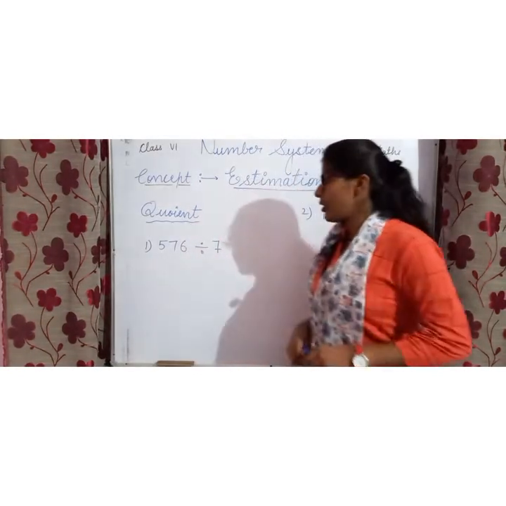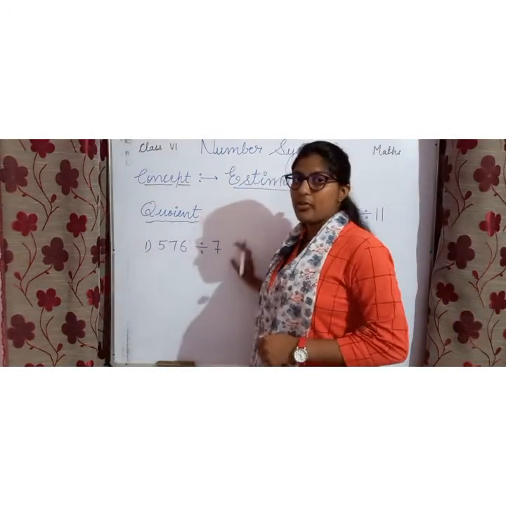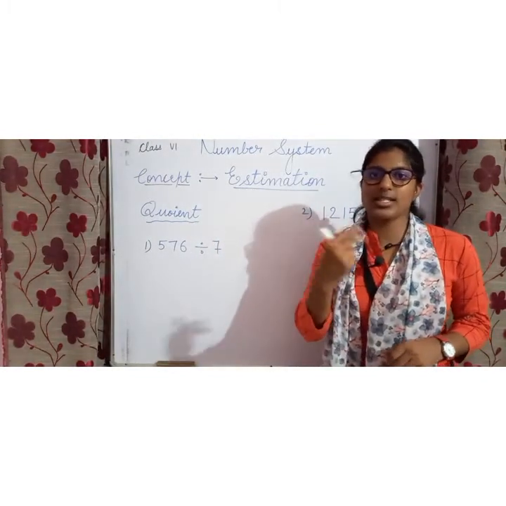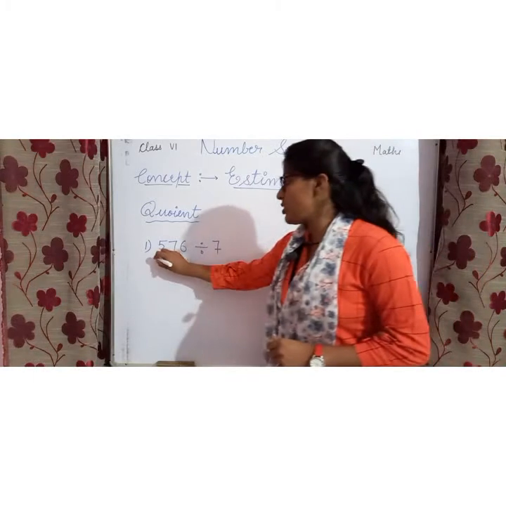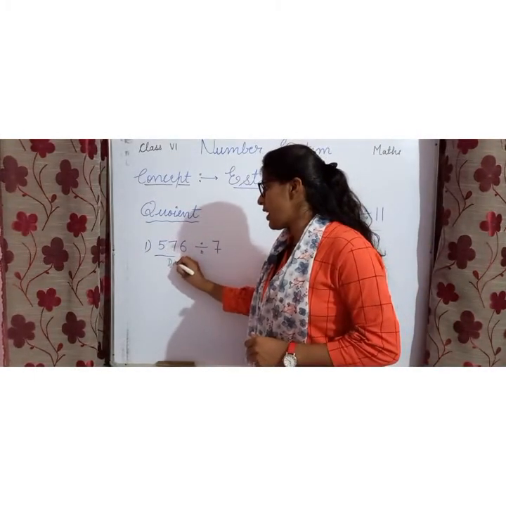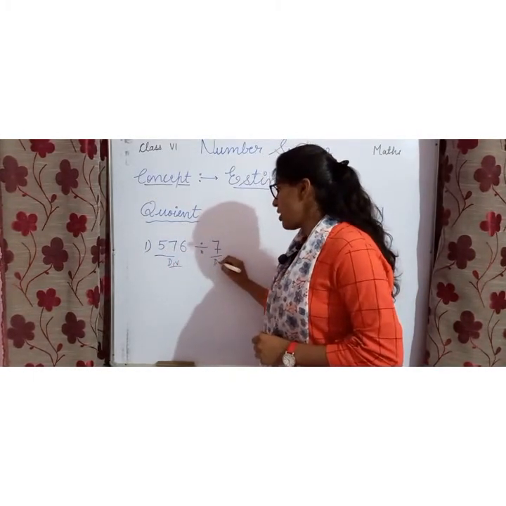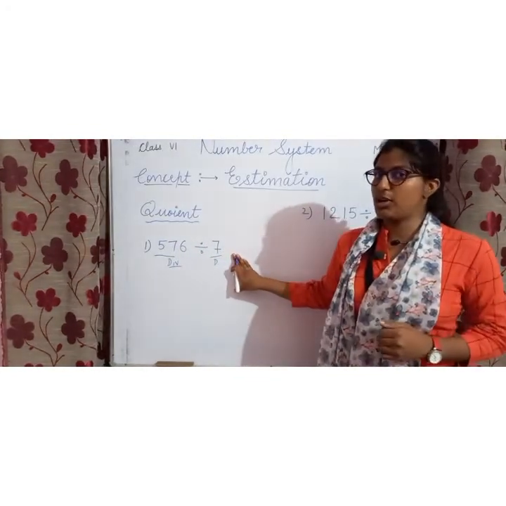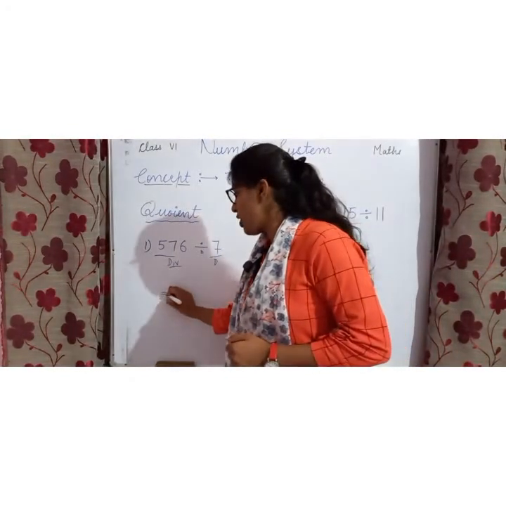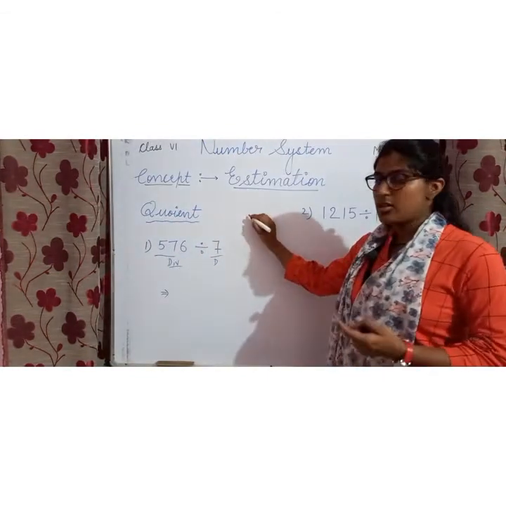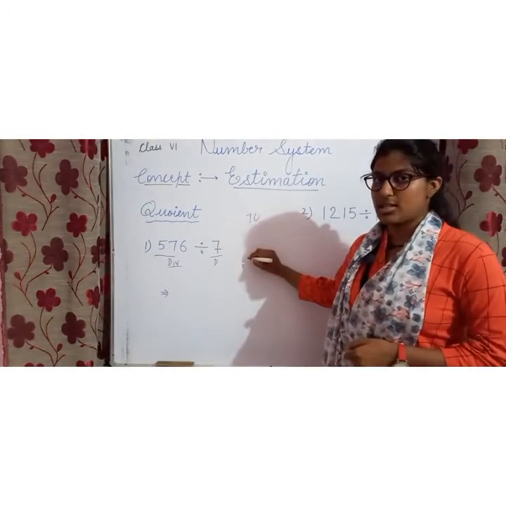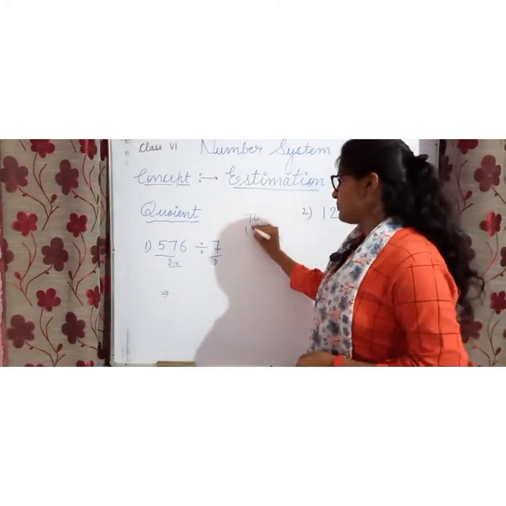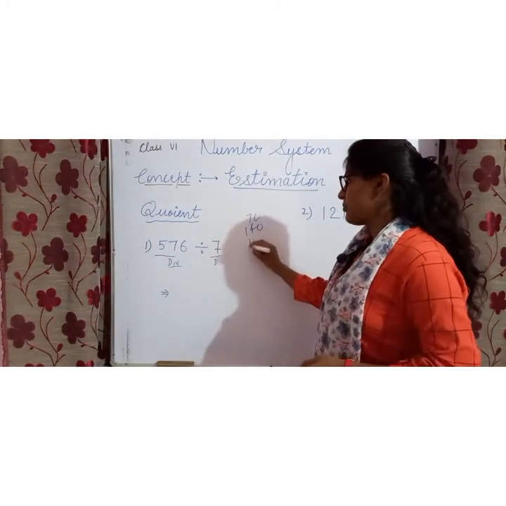Now, let's see the example. In this example, you can see we have a 1-digit divisor, so no need to round it off. Come on to step number 2. We round off this dividend. This is what? Dividend, and this is what? Divisor. Okay, so we round off this dividend according to the nearest multiple of this 7. How can you round it off? Now you take the table of 7, just like this. 70 if you write here. 7 into 7, 140.